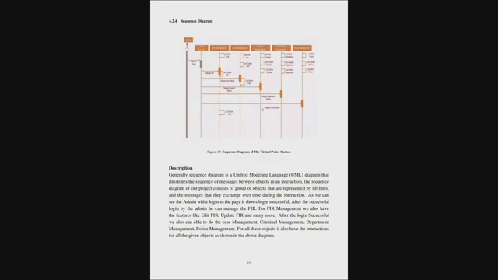As we can see, when the admin logs in to the page, it shows login successful. After the successful login by the admin, he can manage the FIR. For FIR management, we also have features like edit FIR, update FIR and many more. After the successful login, we are also able to do case management, criminal management, department management, and police management. For all these objects, there are also interactions as shown in the given figure.